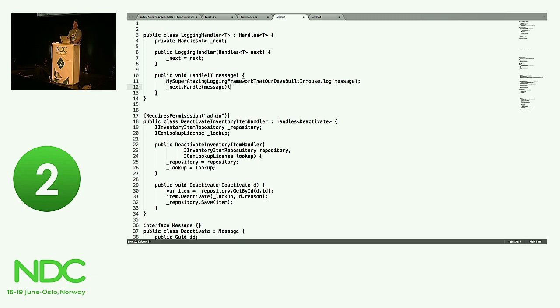But now I've got a common interface, so I can make this work across all of my handlers. Easy enough. But this interface, handles of T. How many of you work in .NET today? And I know in Java 8 they have this new thing called lambdas that don't support closures, which is an interesting idea. But